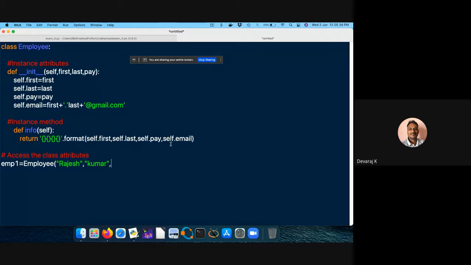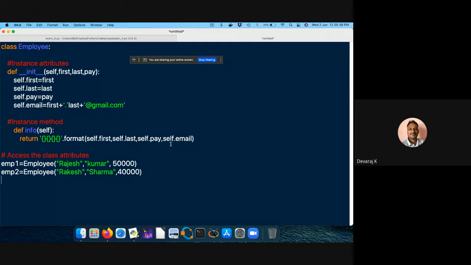His salary is something like 50,000. Let's close it. So I have employee 2, which belongs to the Employee class. Let me call it Rakesh Sharma, and his salary is around 40,000.